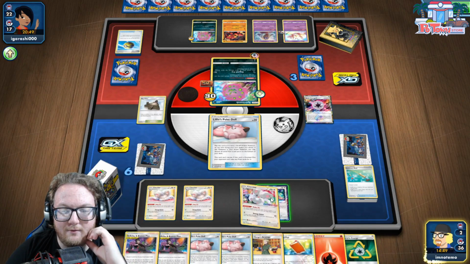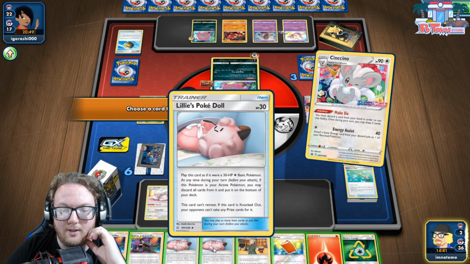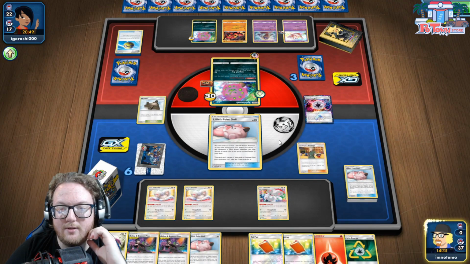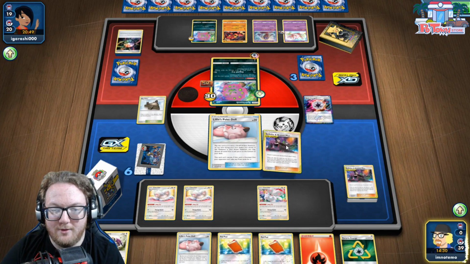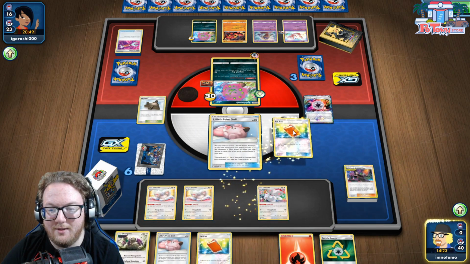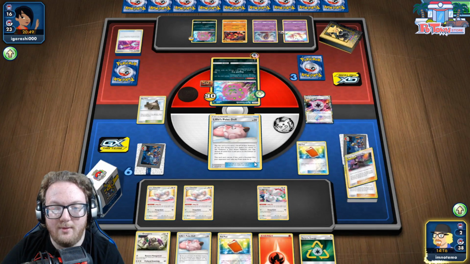So shuffle, shuffle, shuffle, evolve this, and we want to draw our last two cards, one of them being Guru, of course. Now we're going to Surge Bellelba. Takes me back to my Zoro control days, the 0 cards in deck and whatnot. And now we can go ahead and use double Pal Pad, and we will do 2 Bellelba